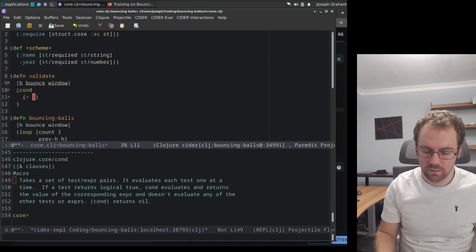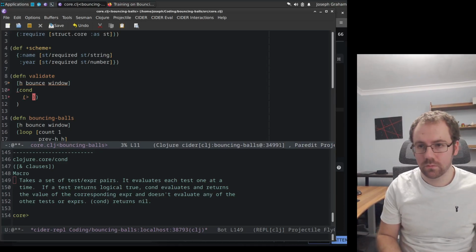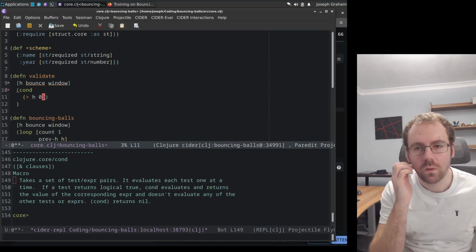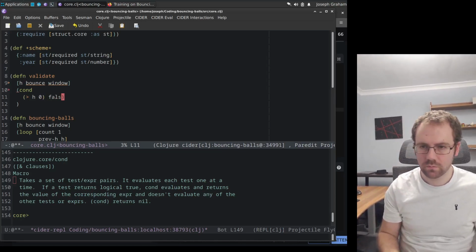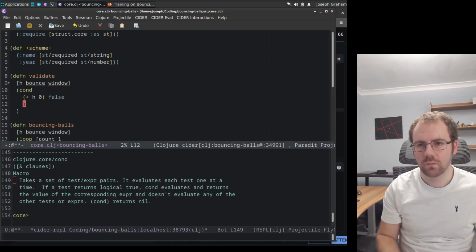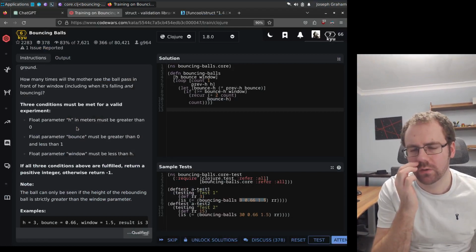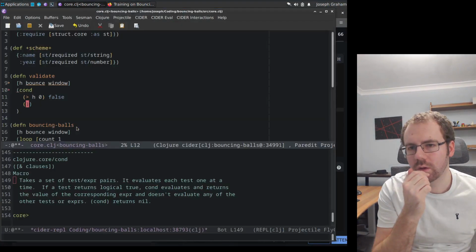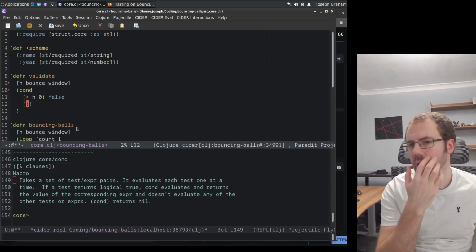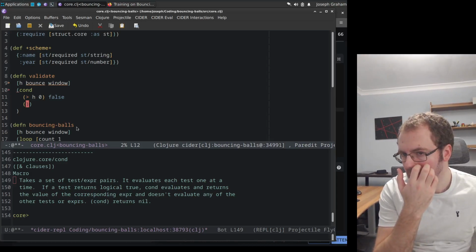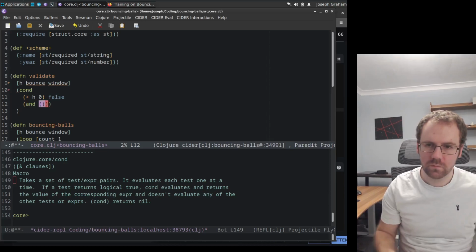Greater than, and the second test is that bounce must be greater than 0 and lesser than 1. Can we do two comparisons in one like that? I don't think so. We can probably